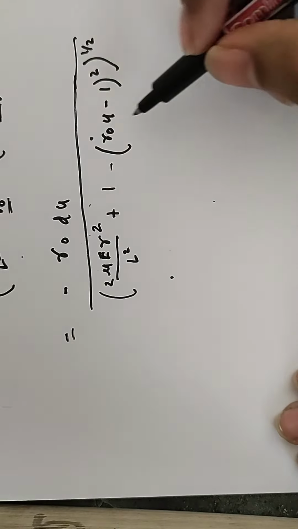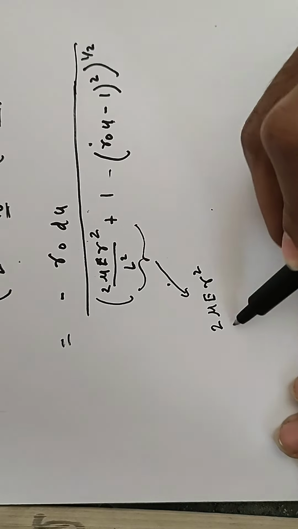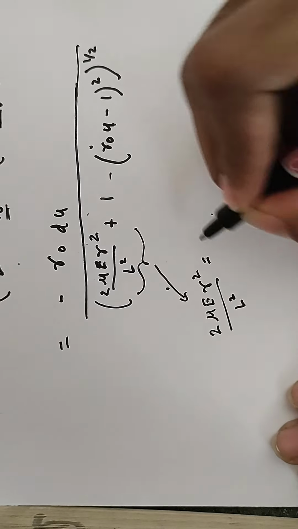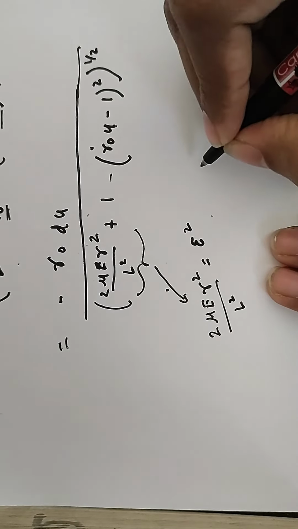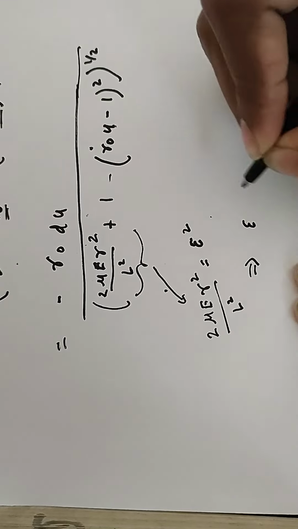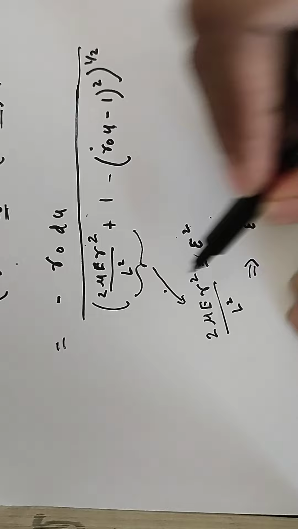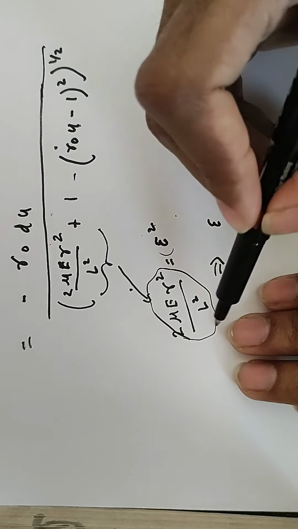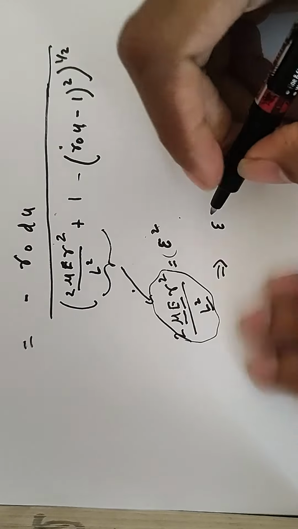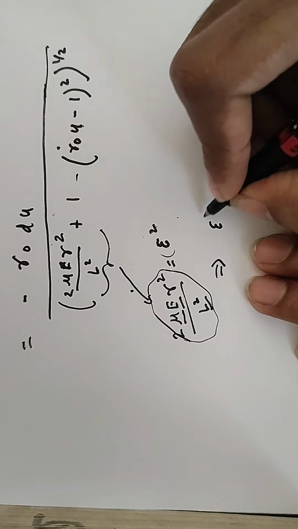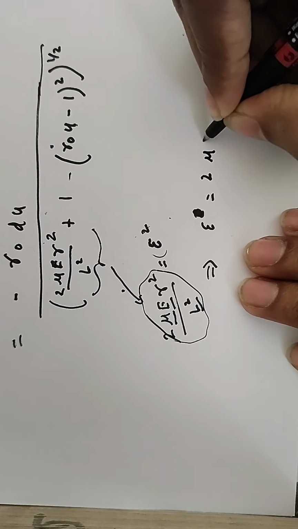So I define a quantity over here. Now it's time to define this quantity. This quantity 2 mu e r square upon L square is denoted by the following symbol. So this is a constant. Yes, why can I define this as epsilon? Because it's a constant. You see, this term is constant. So it doesn't matter. All right, so I can define it as some kind of an equation, and mu square is what I define. So I get epsilon is 2 mu e